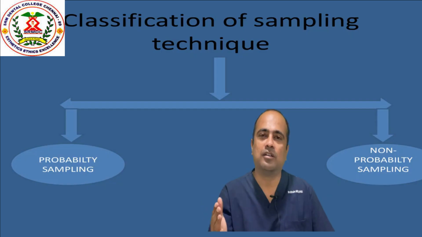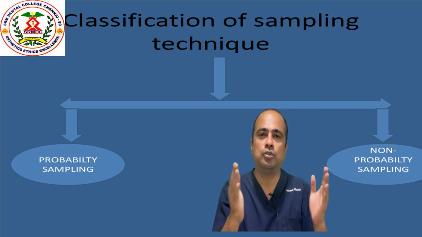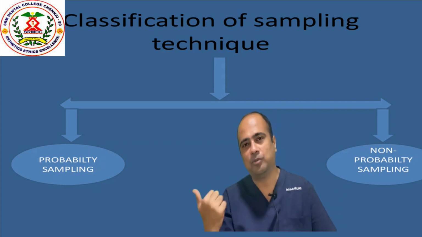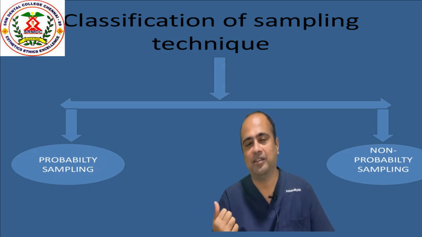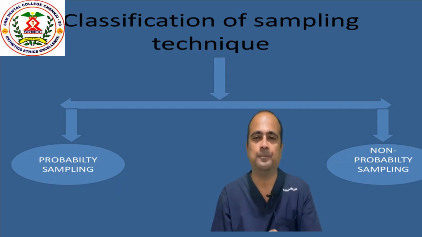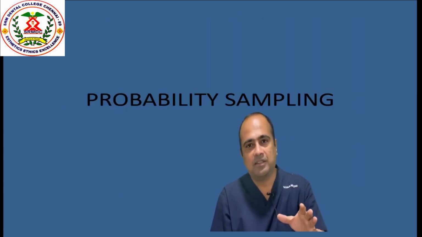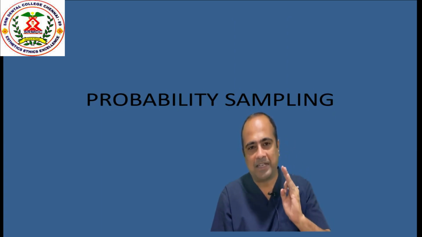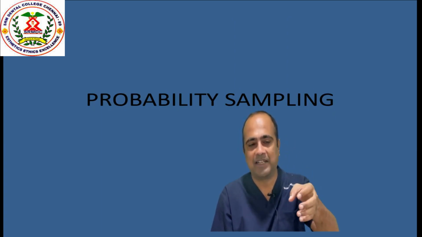Sampling methods are classified broadly into two types. One is probability sampling, the other one is non-probability sampling. What is the difference between both? It's very simple. In probability sampling, every sample will have a proper statistical methodology involved in it, and selection of the sample